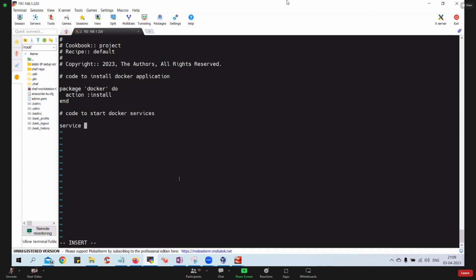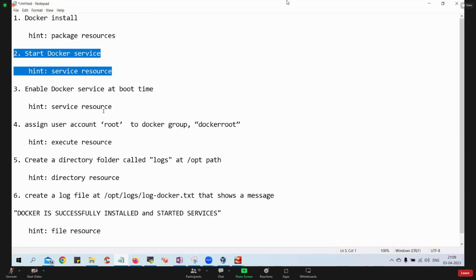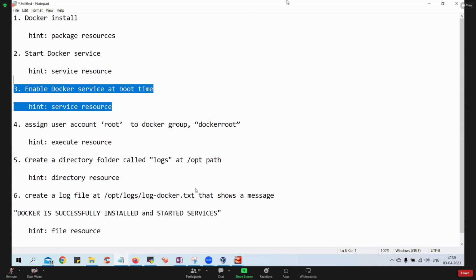So we'll say service Docker do, 2 spaces, action start, and we'll say end. The next code to enable, what is our next thing? This one. Enable at boot time. So service say Docker